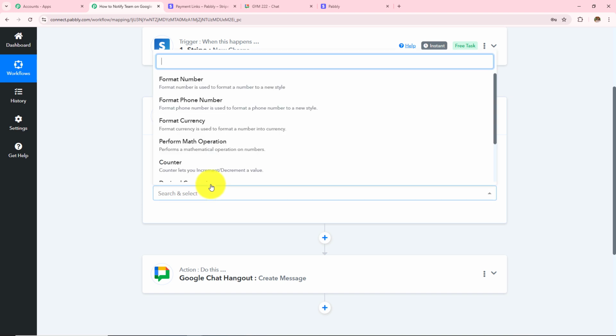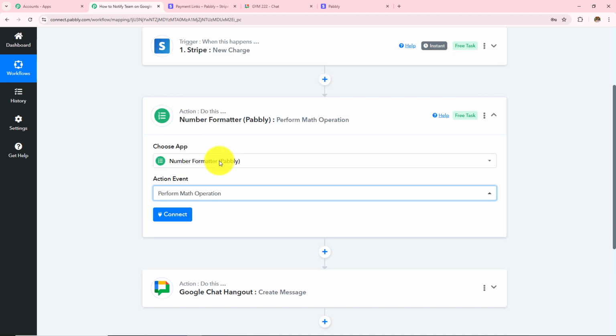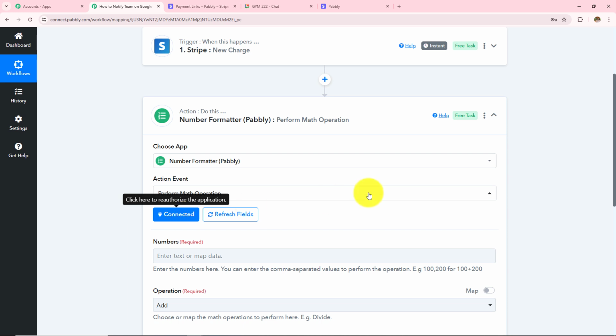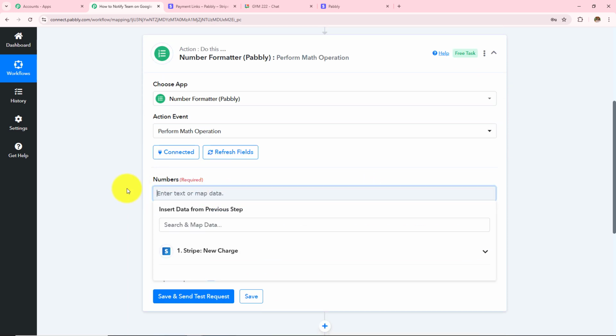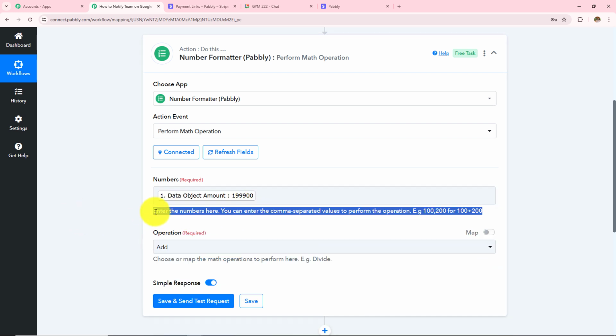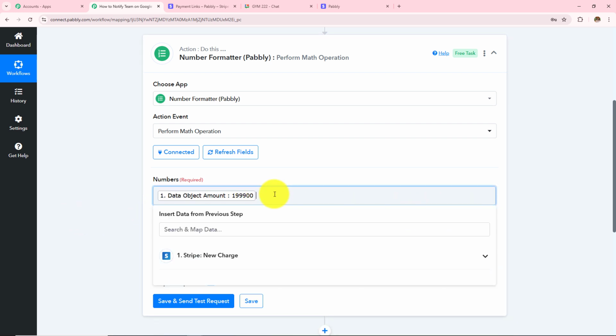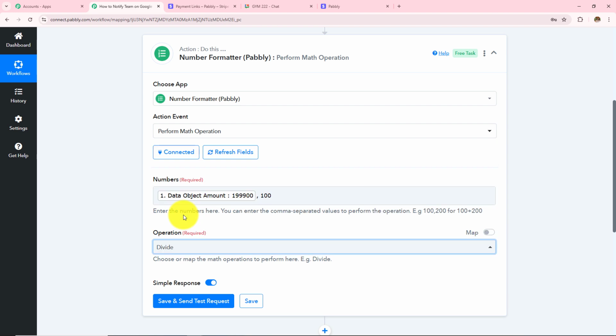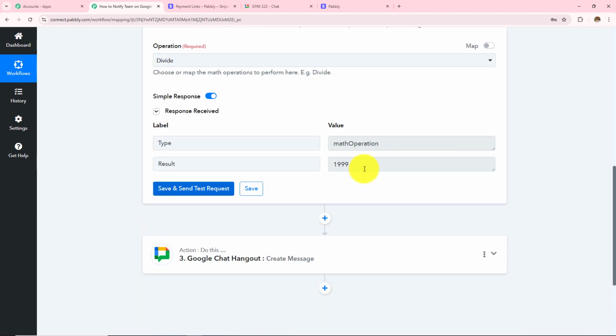And then in my action event, I am going to select this perform math operation and then click on this connect. So over here, I need to write the number, and the number was this one. And as it is written here in the help desk, I am going to write comma and then put space and then put 100. And then in the operation, I want to divide this. So now I'm going to click on this save and send test request, and here I can see that I